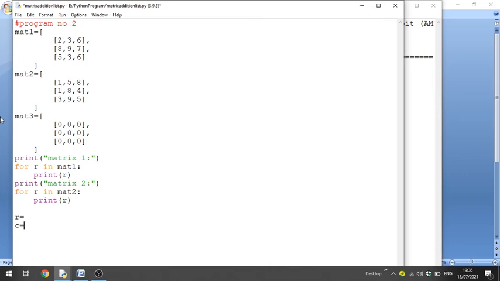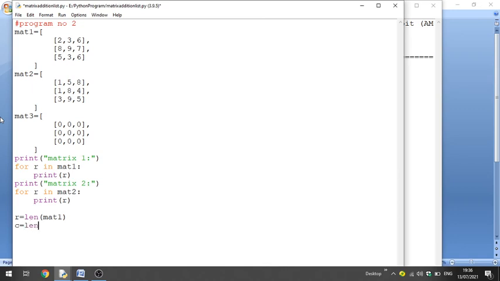So we need to find out what is the length of matrix 1, the number of elements in mat1, and this is the number of rows. Because all the three matrices have the same structure, 3 by 3, we can collect the row and column counts from the matrix 1. It will be applied for all the three matrices.